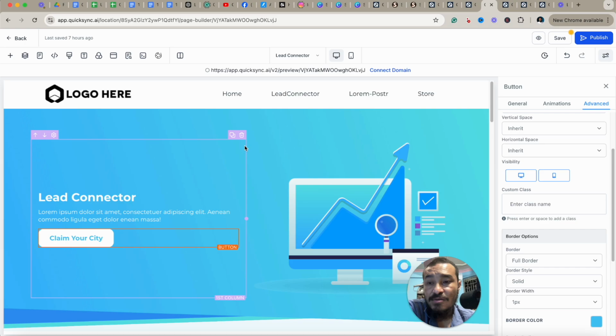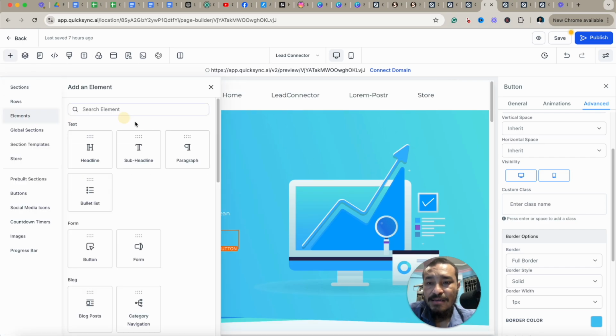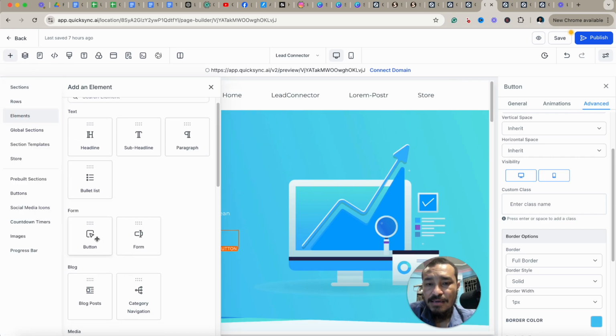So this was another cool thing that you can do using this visibility feature. So that was it for the 9 features that I really wanted to share with you all. And apart from that, GoHighLevel has recently added many features. So the first one is the buttons. So before, when you add elements and buttons,